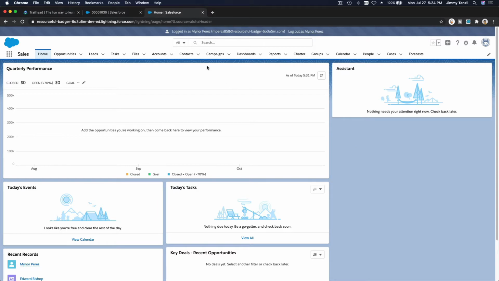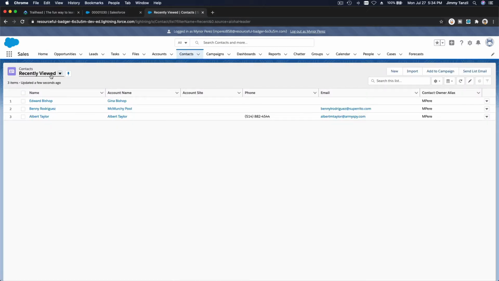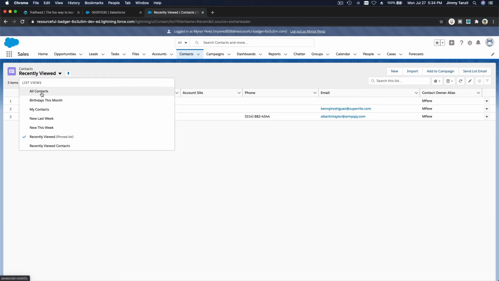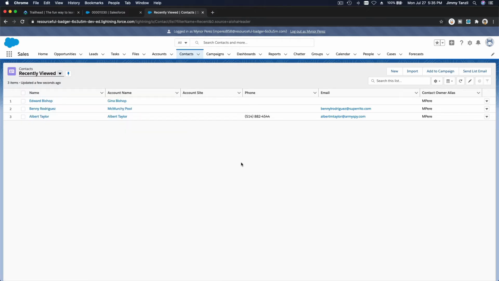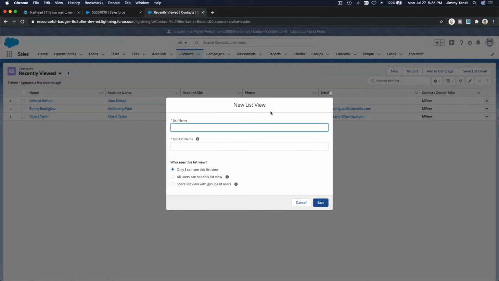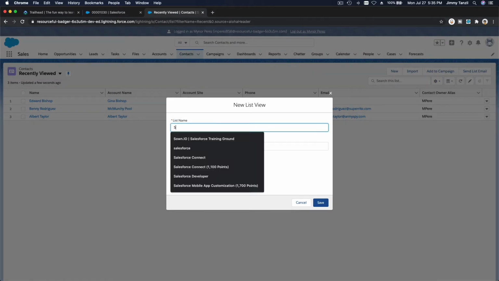I am here on your developer org, and to do that, I'm going to go to the contacts here, and this is the list view that is out of the box from the Salesforce developer org. So you can create your own. You can create your own list view and define what you want to see. So to do that, you click on the gear icon over here and then list view controls and you hit new. So I'm going to name this swimming